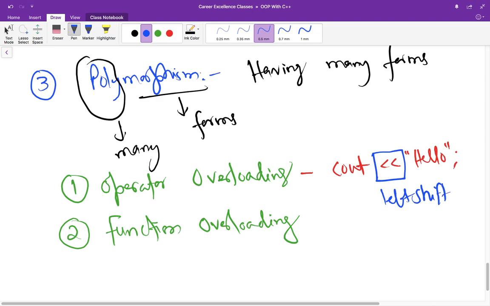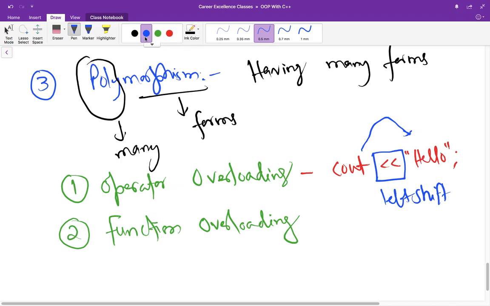But here we are using it to print something on the console. So here we are using it in multiple ways. This is called operator overloading, and you will learn in detail, but as of now this example is fine for you.